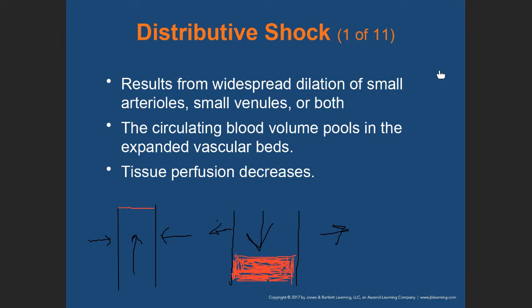These blood vessels within the body should never ever be fully dilated. They maintain a specific tone, or they constrict and dilate depending on activities within the body. If they are fully dilated, the pressure